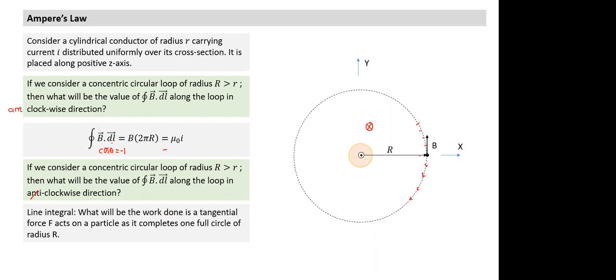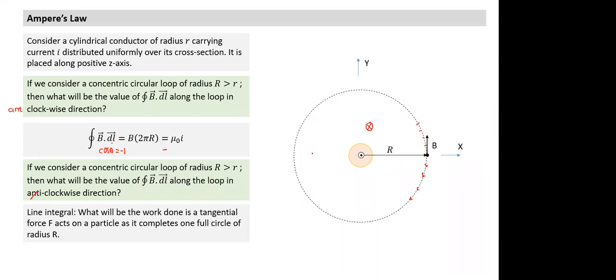Suppose, let's go to a first-year topic, work done, because work done is easier to relate to. Suppose there's a particle here. For a moment we forget Ampere's law. If there's a particle here, connected by a thin rod, it can rotate about this point. What will happen if I apply a force on this particle, and the force is always tangential? Work will be done and the particle will gain kinetic energy.